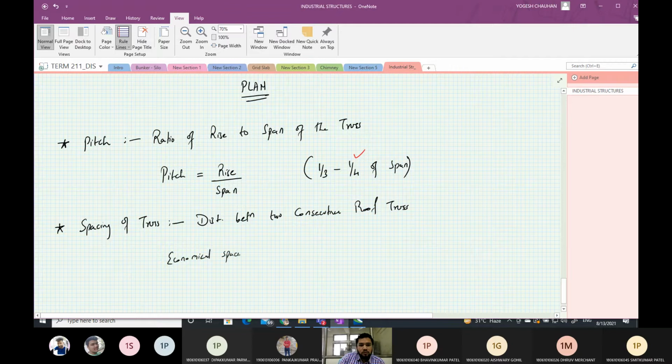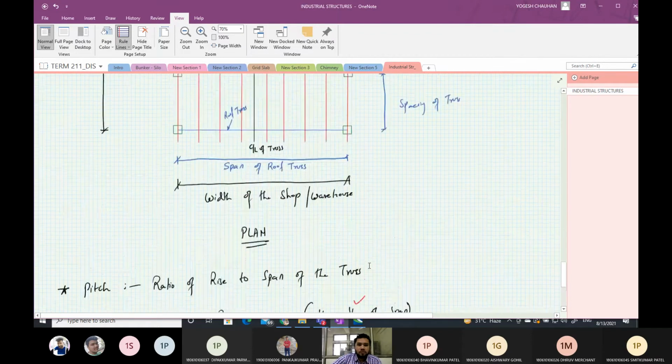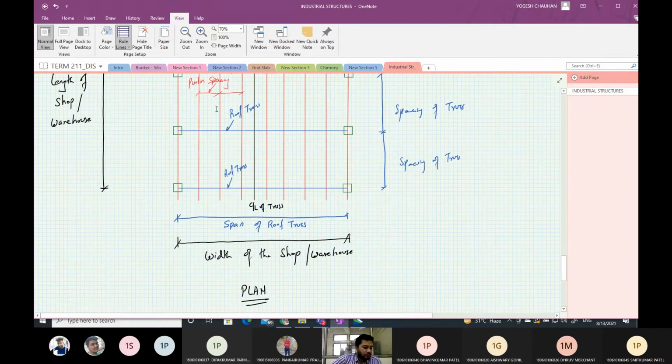Economical spacing of truss is between 1/3 to 1/5 of span. Now, the purlin spacing is decided based on the width of the roofing sheet also.